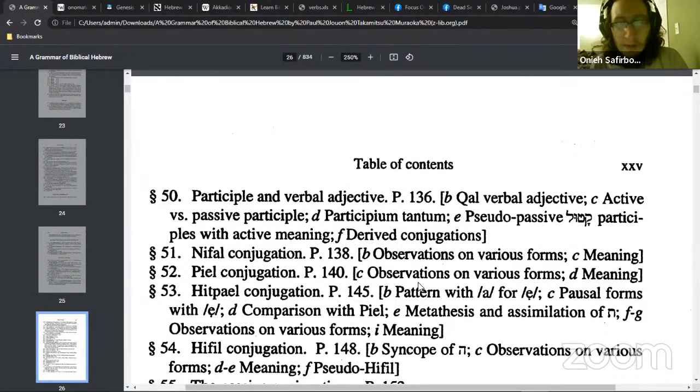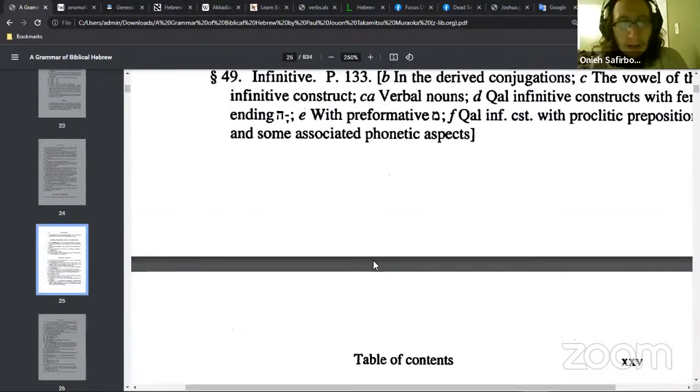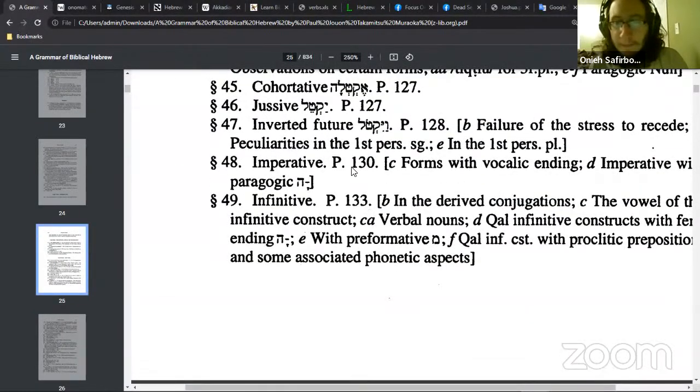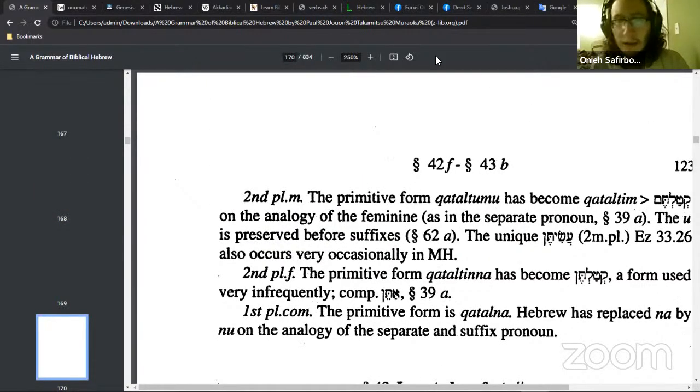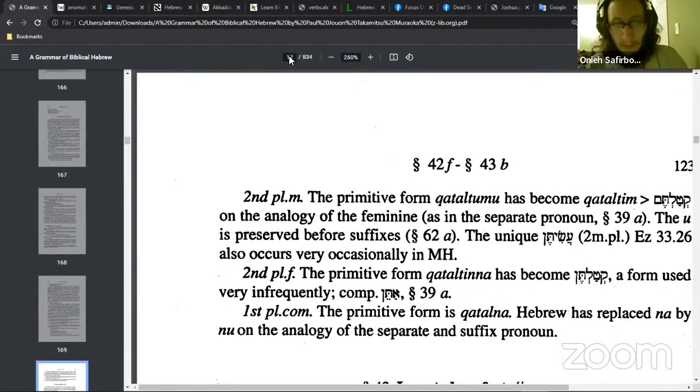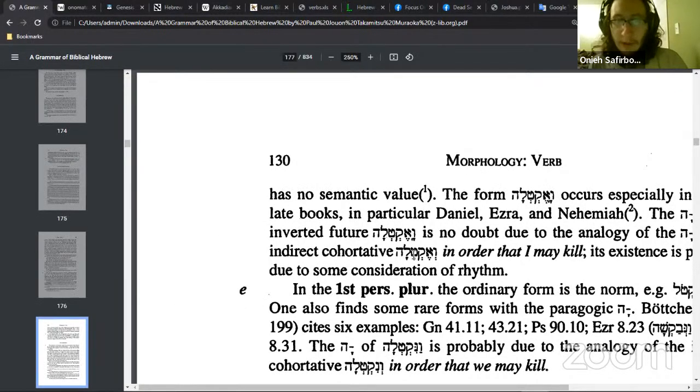So we're going to check those out, see if we got any more vocabulary. Now maybe I'll go to the imperative. Hold on. Let's try 170. We're looking for page 130. Okay, almost there. 177. That brings us to,